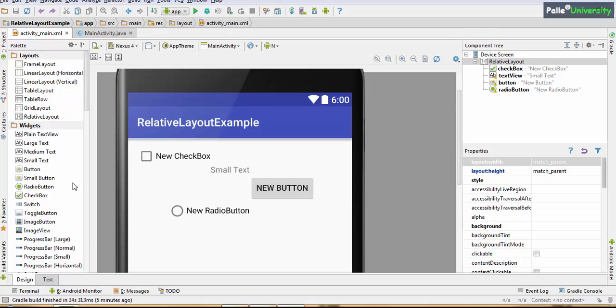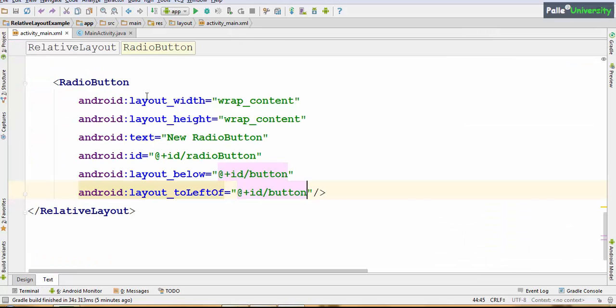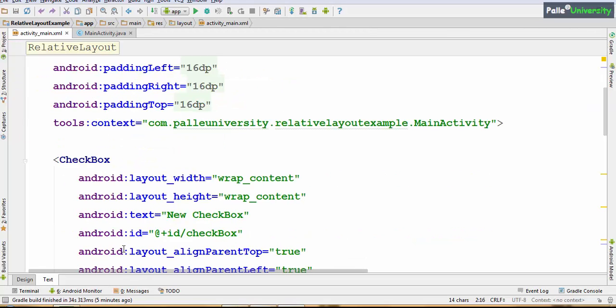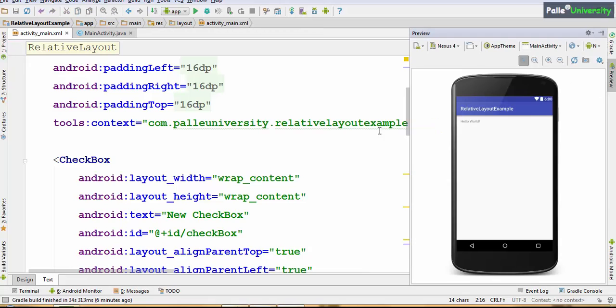Rather than dragging and dropping, though it looks like it is very easy to design the screen by simply drag and drop, I strongly recommend don't use drag and drop. It is only for early stage developers. Now you have already become professional Android developers. You should always go to text perspective. You should use only linear layout and you have to type manually. Whenever you have doubt, you can open preview and cross check whether your design is coming correctly or not.